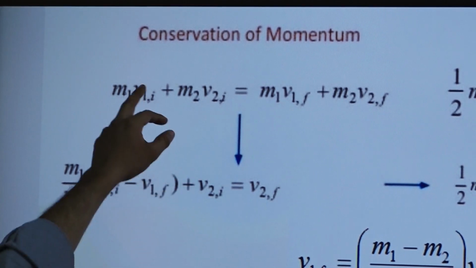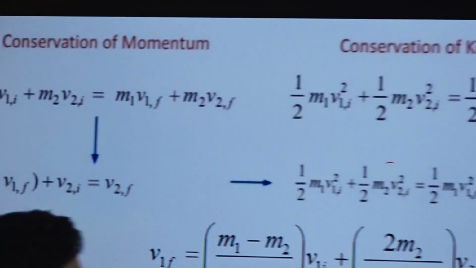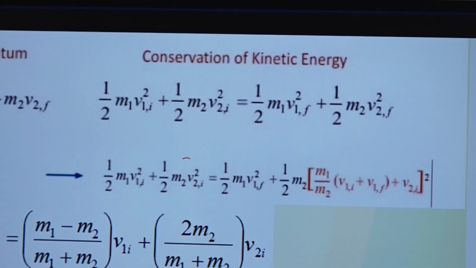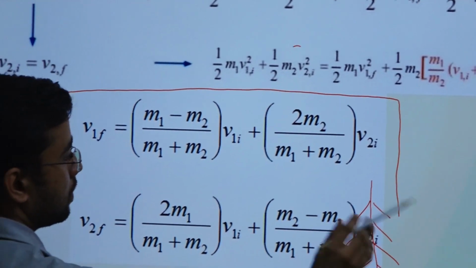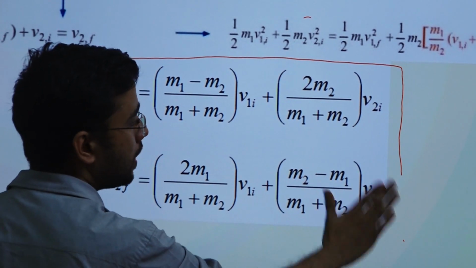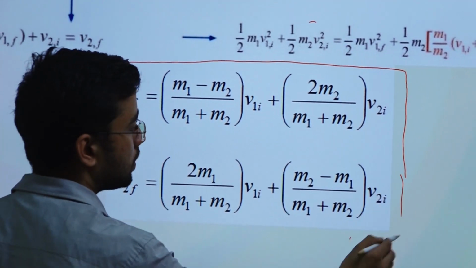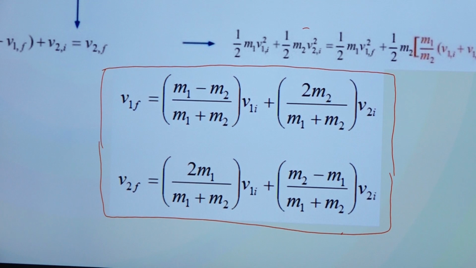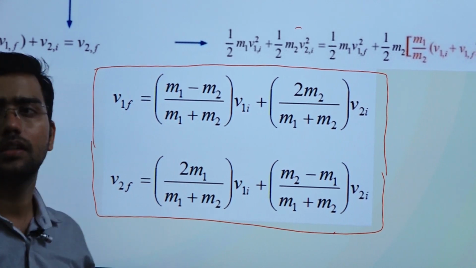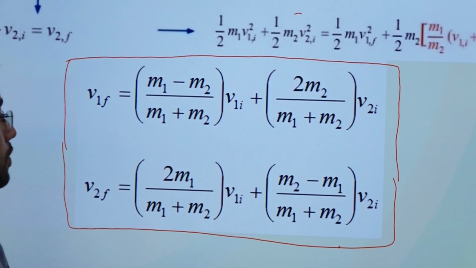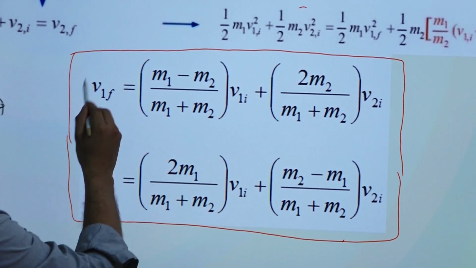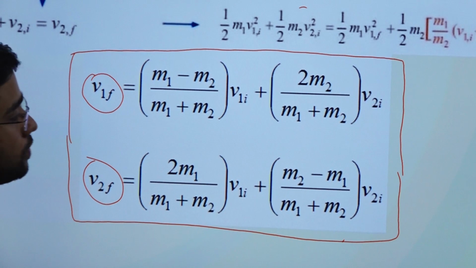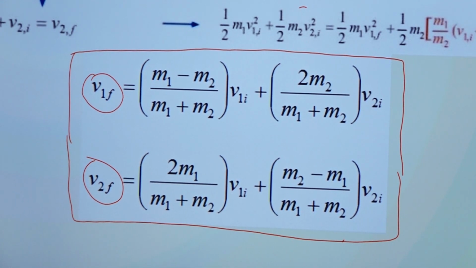It is the same conservation of momentum and conservation of kinetic energy. When you solve these two equations, you can find these two formulas. If you want, you can remember them, but I won't suggest it, because they are asking very easy questions in collision. They are not asking any question based on the formula, but anyway the formula is very easy. The final velocity you can easily find directly with the help of these formulas.